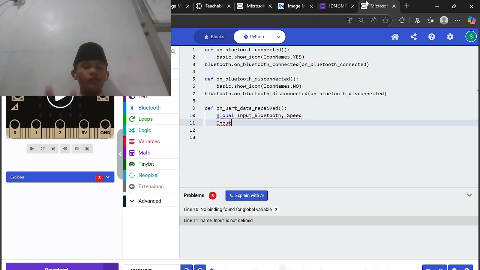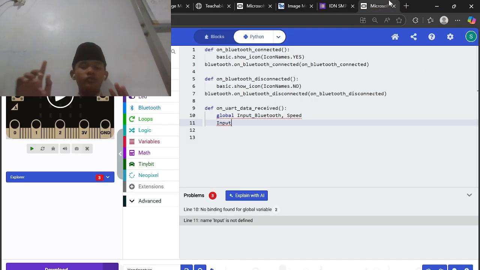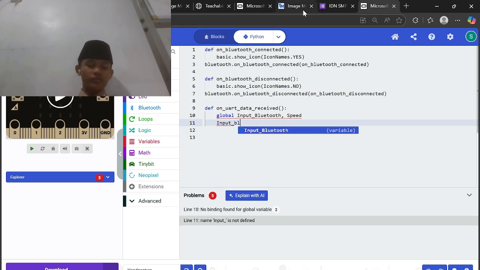With this order we can move the Tinybit with our hand gesture. So first, we are only connecting. We make the order for connecting the Teachable micro:bit to the Tinybit robot.